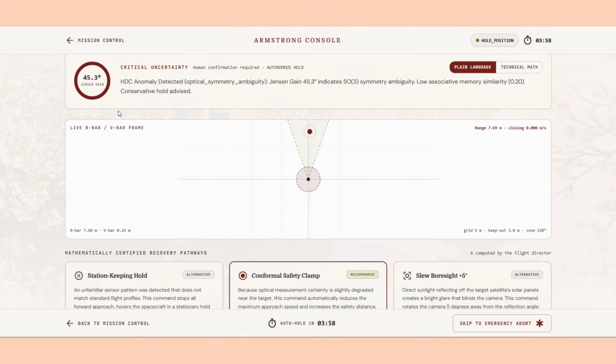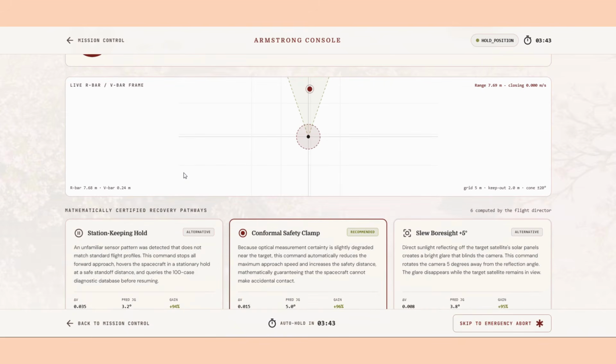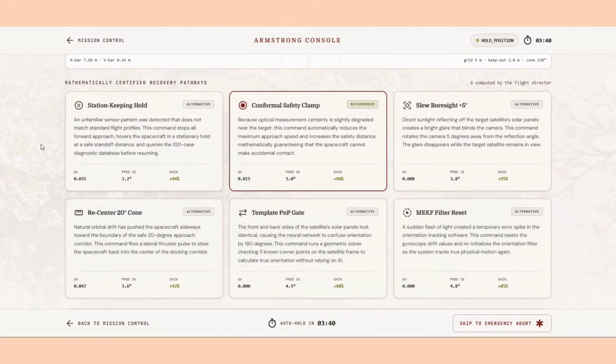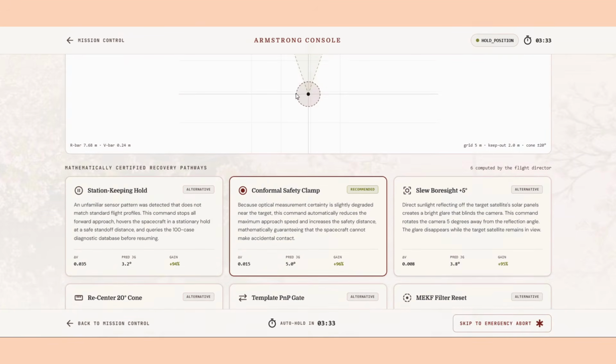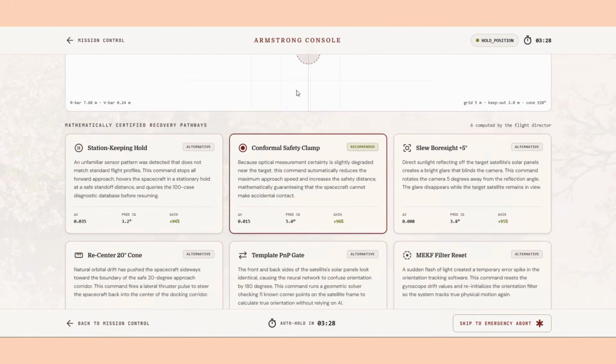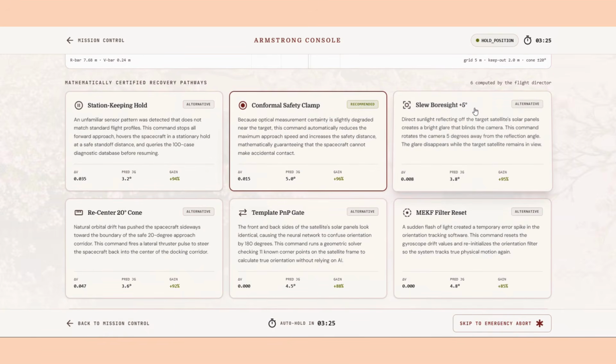Either the sunlight is too much on the image, or the satellite is drifting far away, or the satellite is overspeeding, or the satellite has a lot of OOD error, or it can be a system failure, or many times it can be all of them combined into one. All of these six cases are mentioned over here. Based on the image, you get an automatic recommendation with a predicted Jensen gain value suitable enough to dock. This is the sunlight recommendation, this is the keep-hold recommendation.